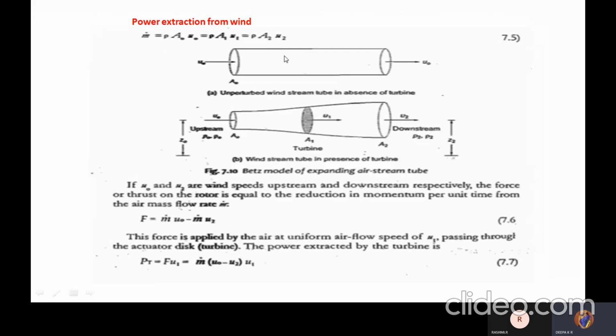This a parameter we are going to call the induction or pre-turbine factor. This a is the fractional wind speed decrease at the turbine, and it will act as a perturbation factor. Now, considering the equations from the beginning, like 7.5, the first equation substitutes m dot for all the cases. Next is the force, then the turbine power and wind power, then the last case with the fractional factor. So what equation are we getting?